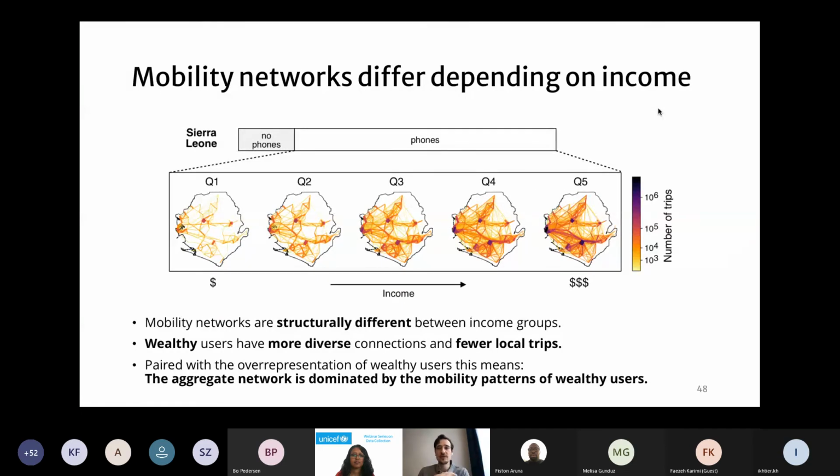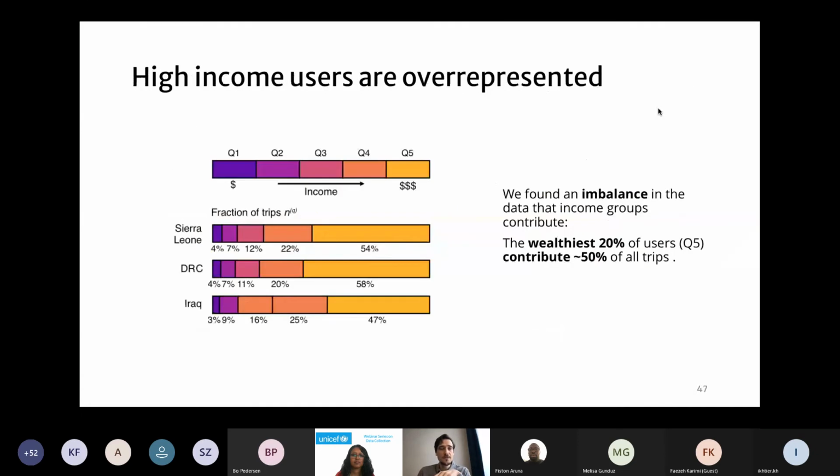So we count up all trips that we have in these networks. And then we looked at their relation to each other. So if we sum them all together, they make up the full network. And what we found is that this network Q1 only accounts for 4% of all the trips in this